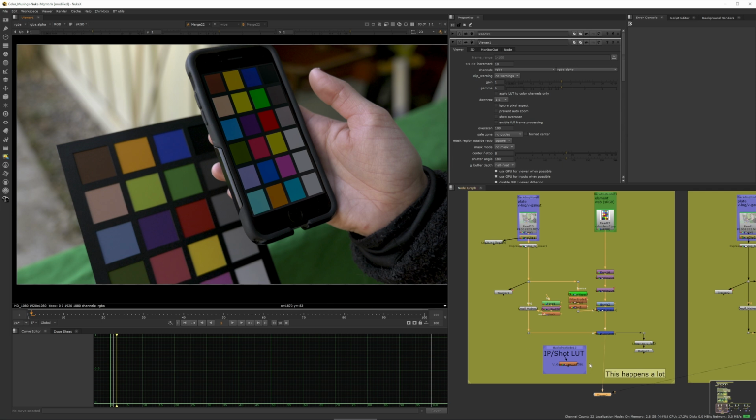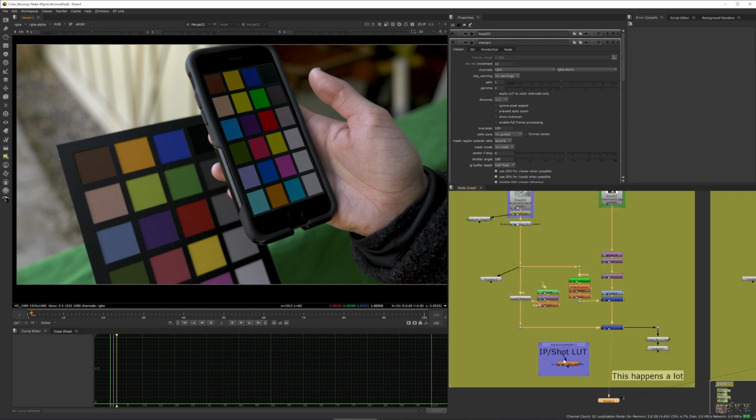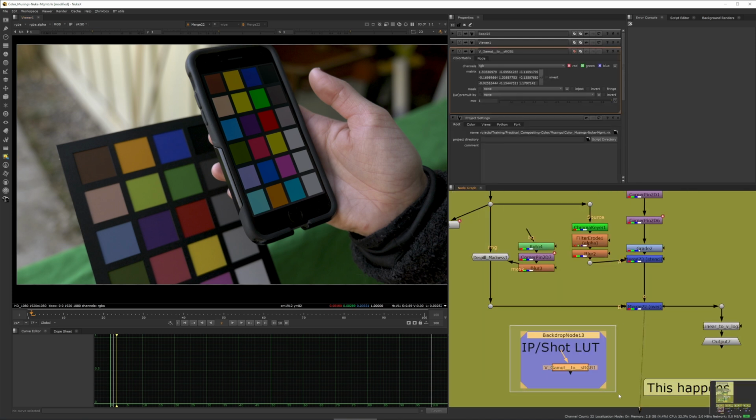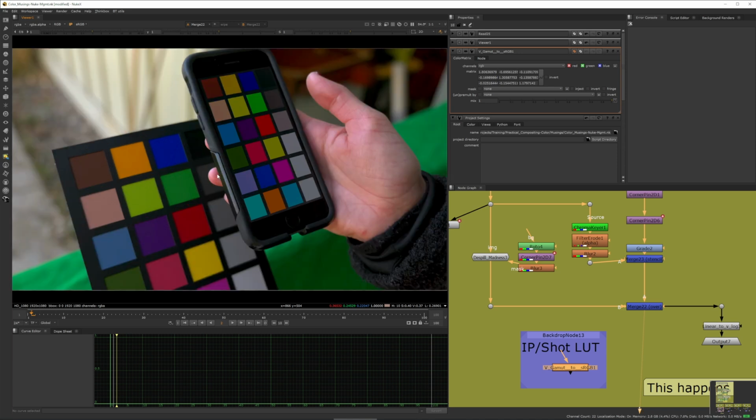It's in camera native gamut, and it's worth noting that this isn't how it's going to be seen when it goes into online. In online, they'll likely have a camera native timeline, but that will be converting from the camera native timeline to their displays appropriately. To replicate that, what we're going to do is use an IP or a shotlet. In this case, it's just a simple matrix that goes from V-Gamut to sRGB. And now we can see what that shot would look like